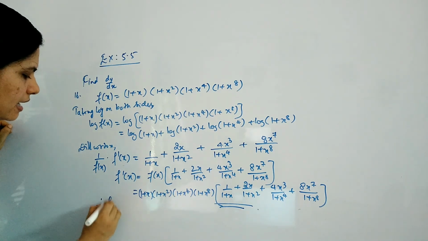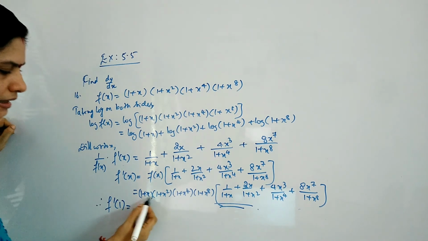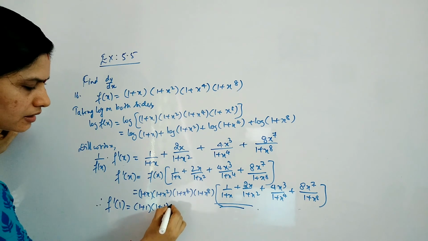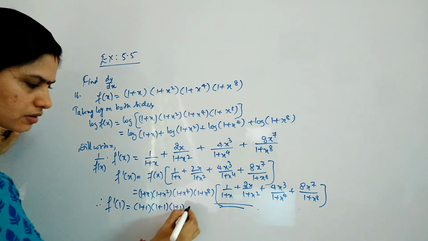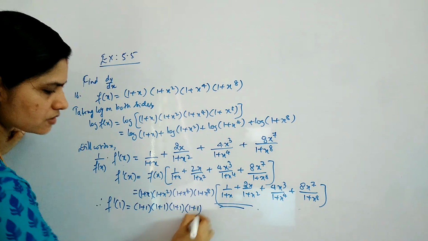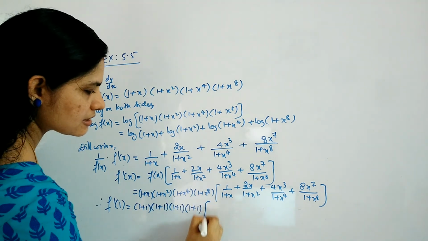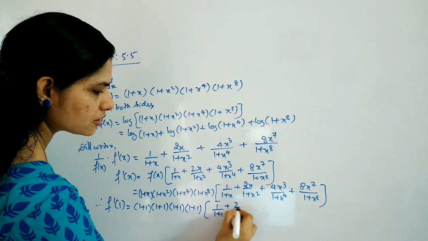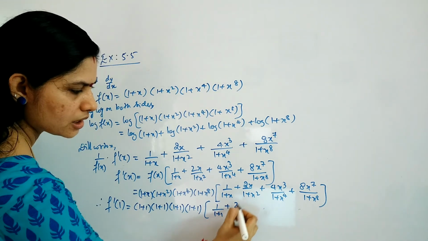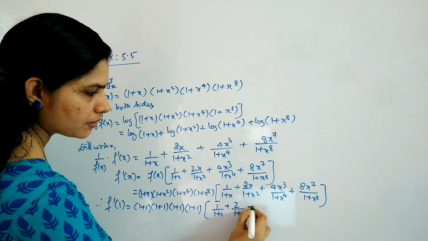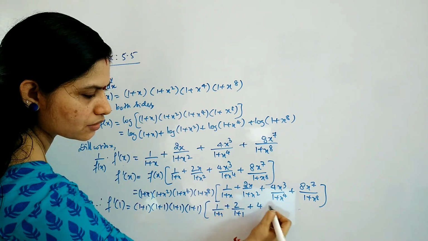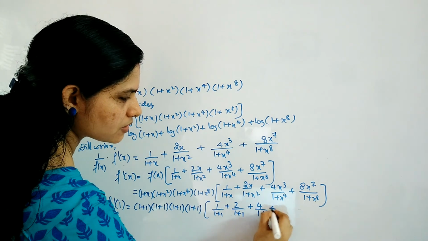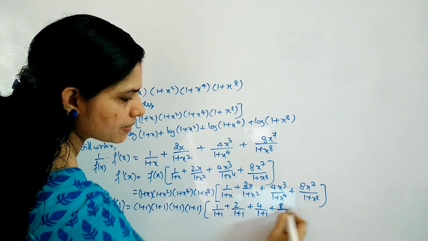Okay. Therefore, f dash of 1 will be, here you have 1 plus 1 into 1 plus 1 square, which is again 2, 1 plus 1 raised to 4, 2, 1 plus 1 raised to 8, 2. Okay. And the other term is 1 by 1 plus 1, plus 2x will become 2 divided by 1 plus 1, plus 4 by, again you will have 1 plus 1, so that 1 plus 1 I can write 2. Okay. Here it is 1 plus 1, plus here you will have 8 by 1 plus 1.